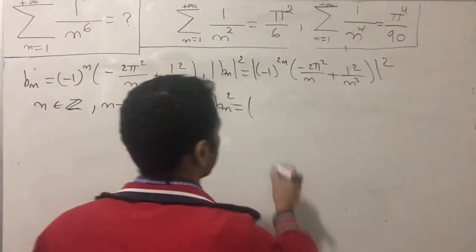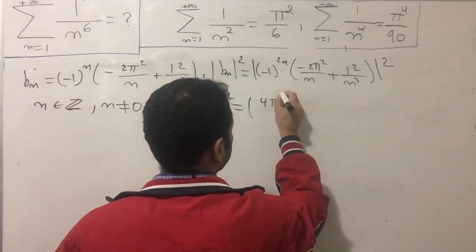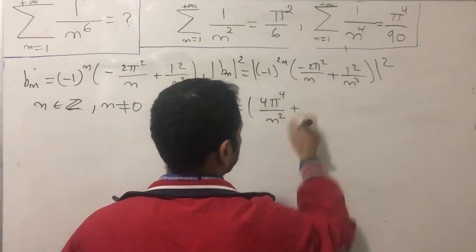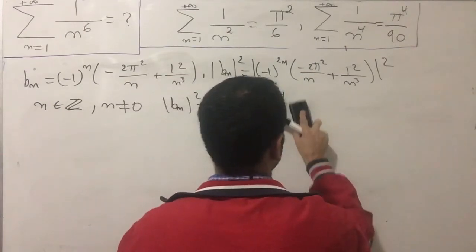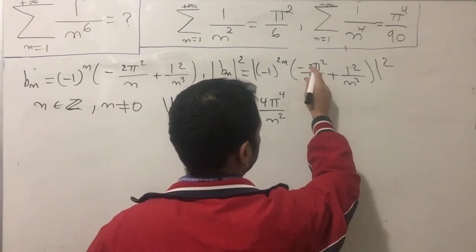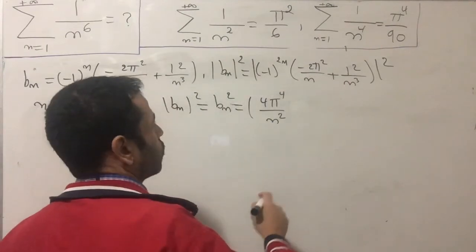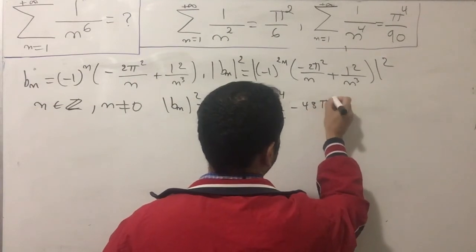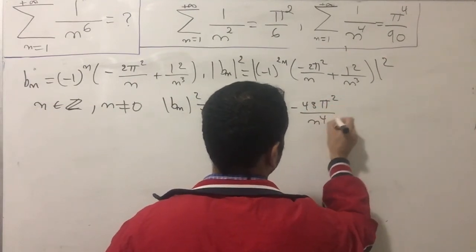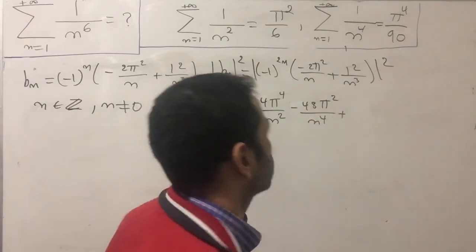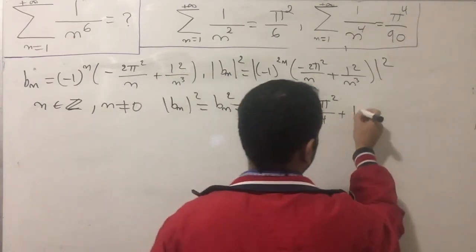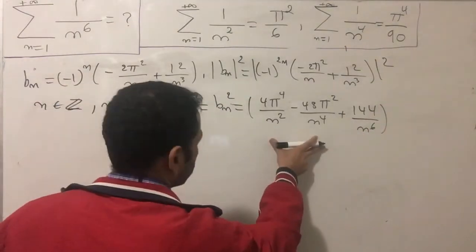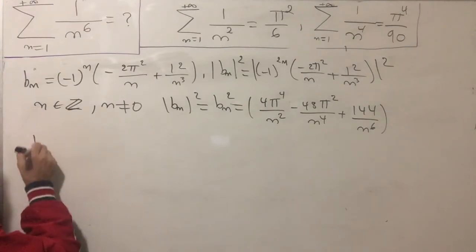So this one is 4 pi to the 4th over n squared, plus 2 times this one, which gives us minus 24. Minus 2 times 12 is 24, multiplied by 2, which is minus 48 pi squared over n to the 4th. Plus 12 over n cubed squared, which is 144 over n to the 6. Since this one is a positive number,